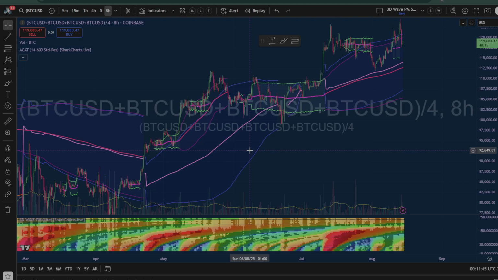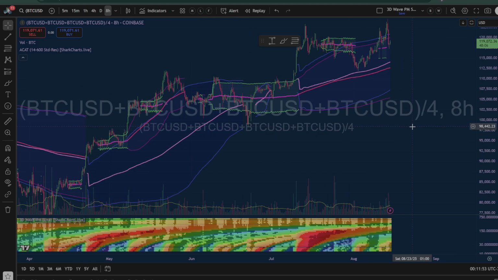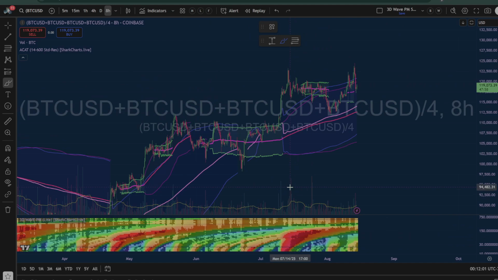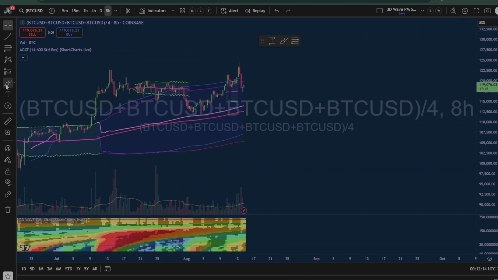Let's talk about that and why it's mildly questionable. So, what we do have here on the 8-hour chart is a very nice, clean upward expansion. Hooray! Look at this. Mid-July, we see our all-time high. What happens? Uh-oh, it enters mean reversion. What happens? We revert to the mean, right? Clean and simple. So, you have the start of a trend.